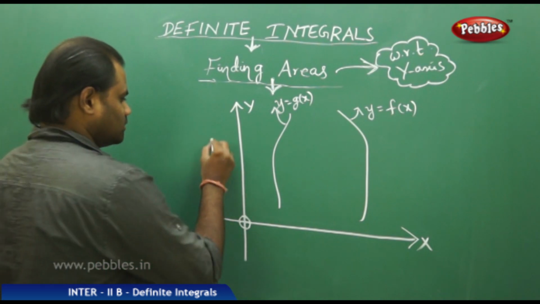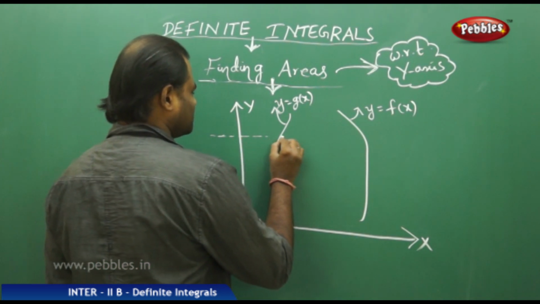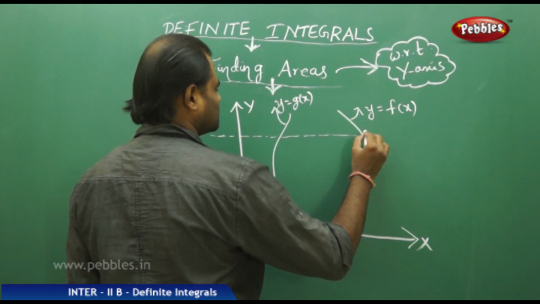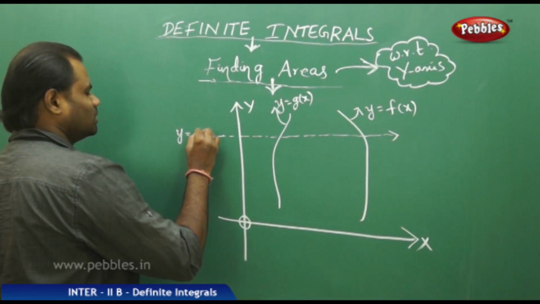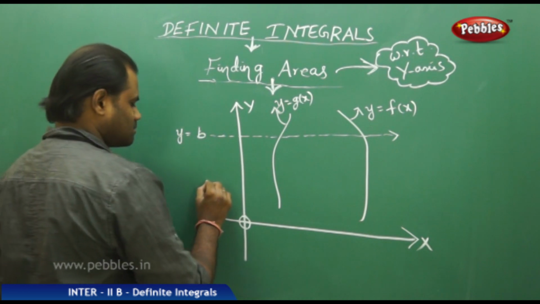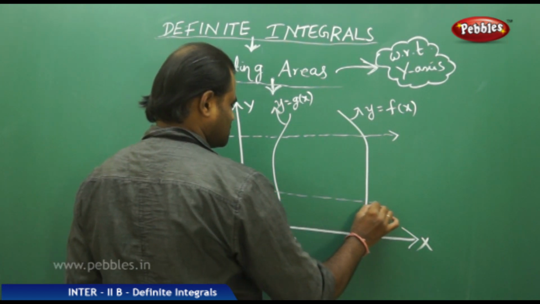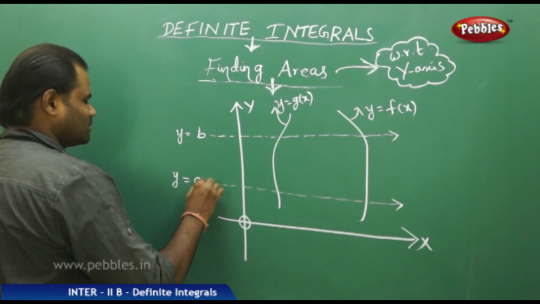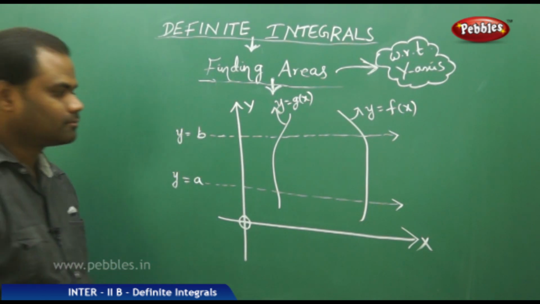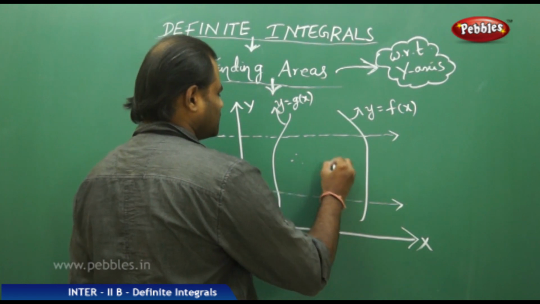So for these two curves, let me say the two bounds are y equals b and y equals a, through which I am going to find